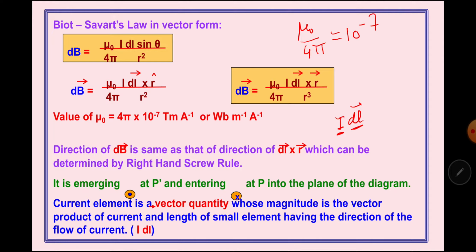So students, with this we are done with the Biot-Savart's law expression and its discussion. The remaining part of Biot-Savart's law includes its application to find magnetic field strength at the center and at a point on the axis of a circular current carrying conductor. These two questions are very important, and we will take them separately in the next session.